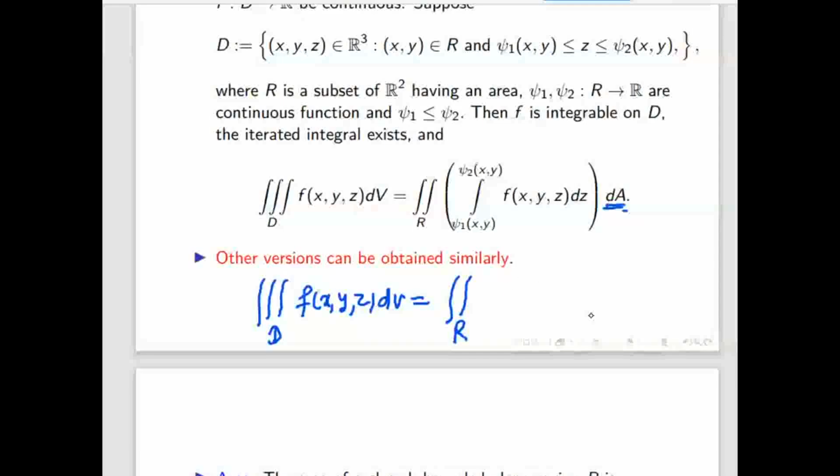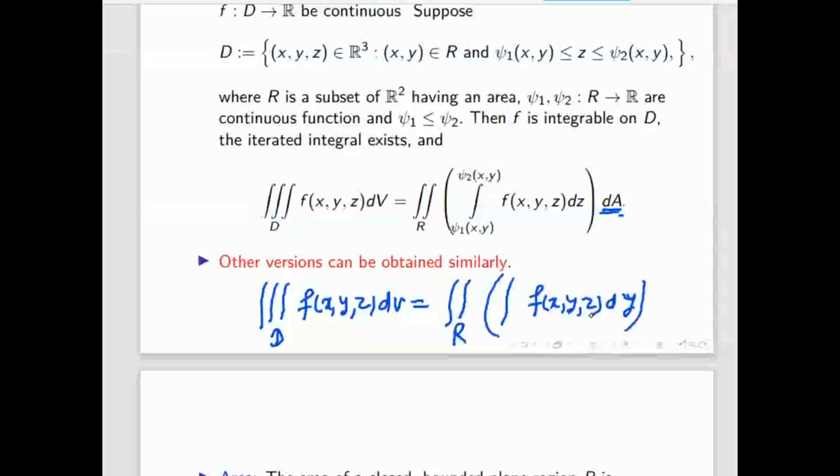So now it is dy, and then here dA. This dA, in which plane? XZ plane. And the limit of this will also go from xz, like this psi 1 is a function of x and z, here it is psi 2 of x, z. So if it is like that, you have to integrate first with respect to y. If the limit of y is from here to here, then it comes first with respect to y, and then you know how to do it with respect to x and with respect to z. In this case, it is like a double integral. Again, here in the double integral, two possibilities. Based on that, you have to do it.